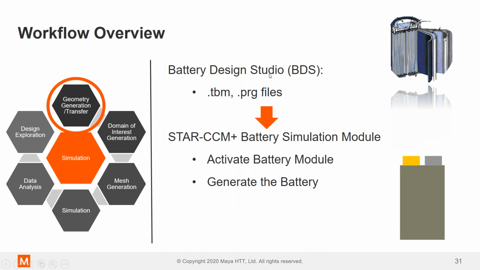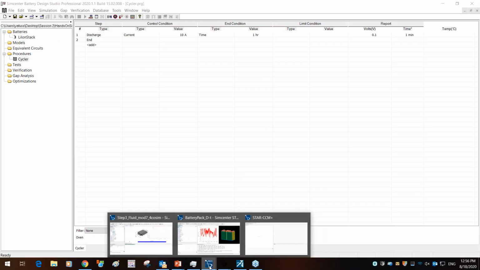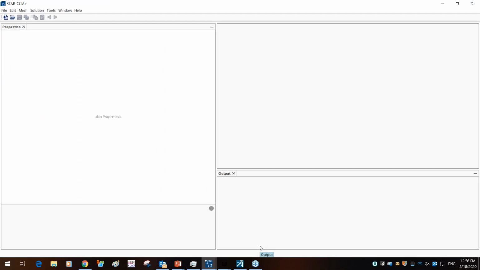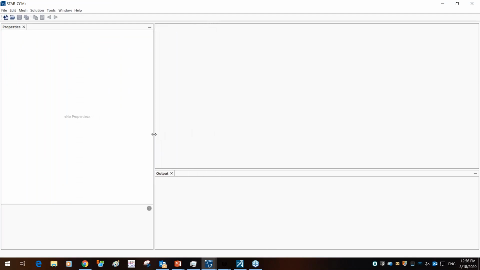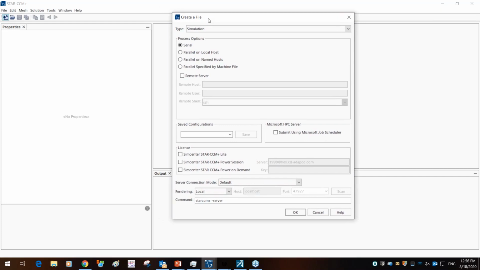Essentially, all the geometry, the material properties, as well as the boundary conditions are going to be pushed into Star CCM+ through its inbuilt workflow. So I'm just going to launch Star. Here you can see the blank user interface. For most of you who've already begun, you might be familiar with this user interface. It's a client-server user interface where this window is your client and the server is where the simulation is pushed to. Create a new simulation file.